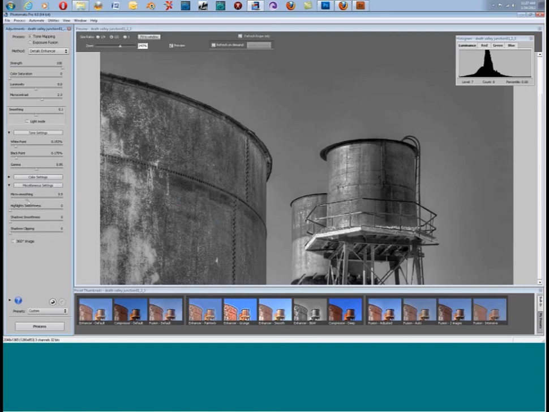I'm going to pull this on over. Watch what it does to the texture here. It's making minute smoothing adjustments within the textured area. All right, so I'm going to pull it on over,